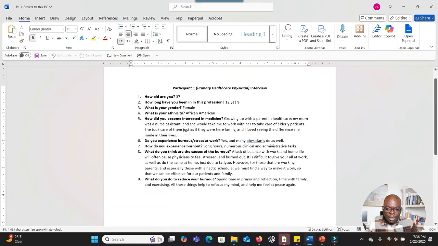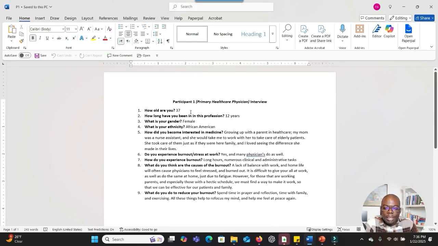As I said, you can have everything on one document or you can do it separately. Let's assume that this is one of your transcripts. You are going through the data. What you have to think about is that not all the information that the participant has given you is significant. You are just going through and identifying information that can help you to address your research question. So when we see this as significant, long hours, what do